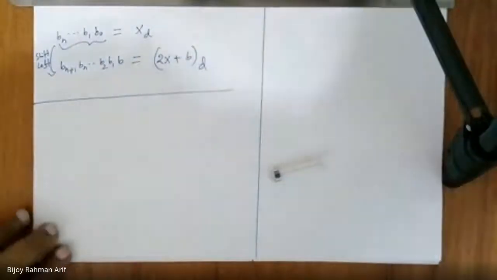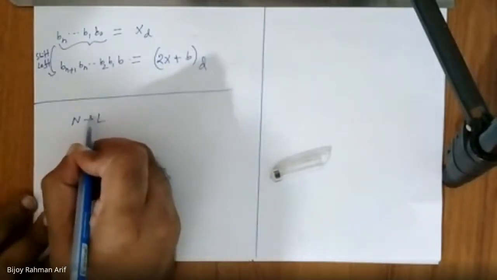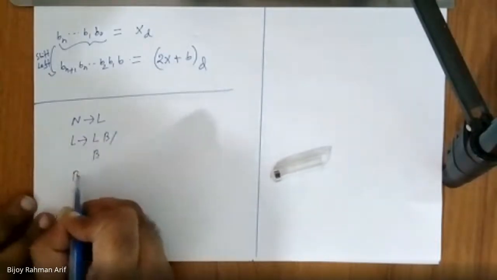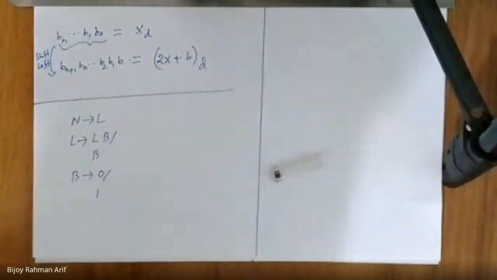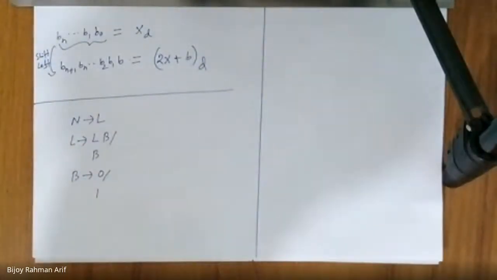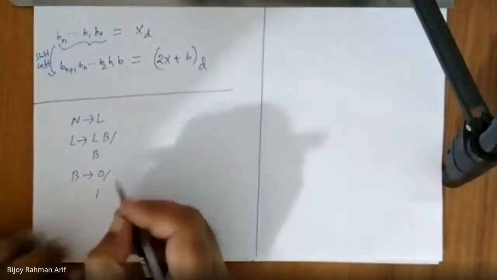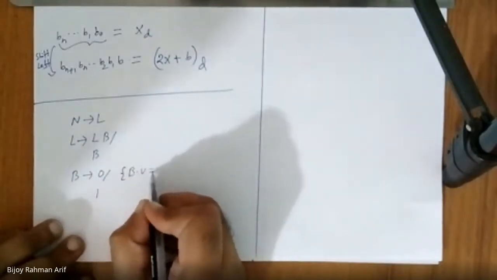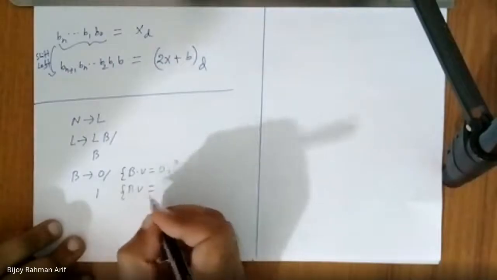So I'm going to use this one. Let's take the previous one. What is my grammar? Grammar is like this. Number is nothing but list. List is nothing but list bit, or bit. Bit is nothing but 0 or 1. Now tell me, when I get a 0, the decimal equivalent of binary 0 is nothing but what? 0. Do you agree with me? Yes, sir. And when I get a bit 1, the decimal equivalent of 1 is nothing but 1.